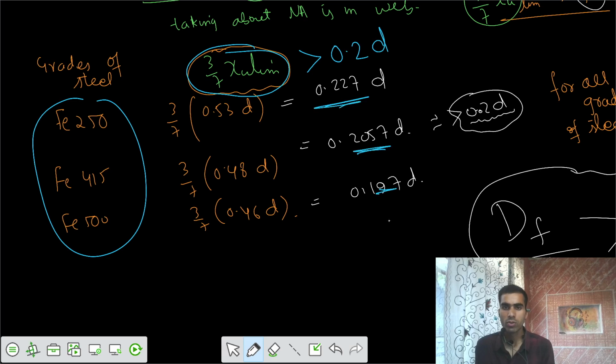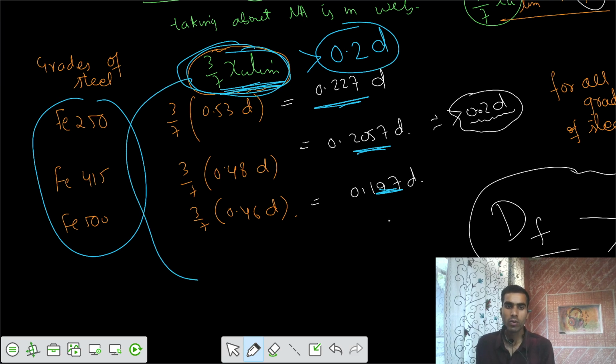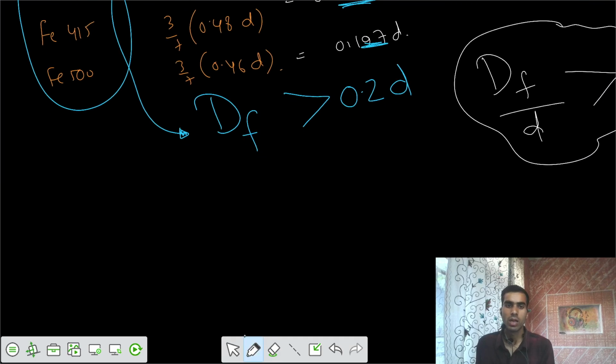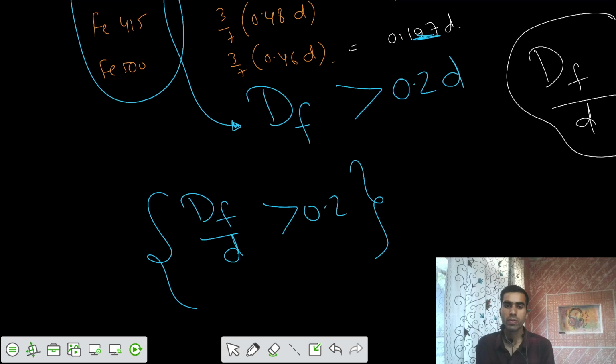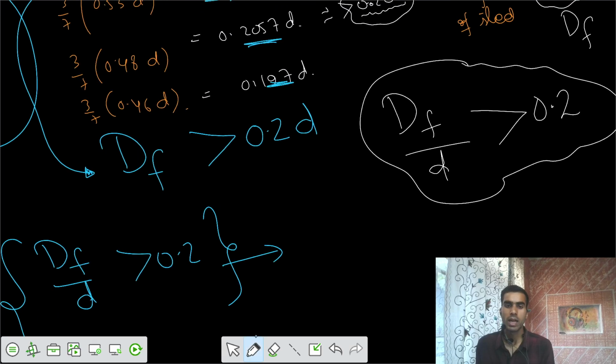Now if I calculate it at the limiting condition, if I take this value as dF, that means dF should be greater than 0.2 D for all grades of steel. So for dF by D greater than 0.2, this was derived for all grades of steel at the condition that